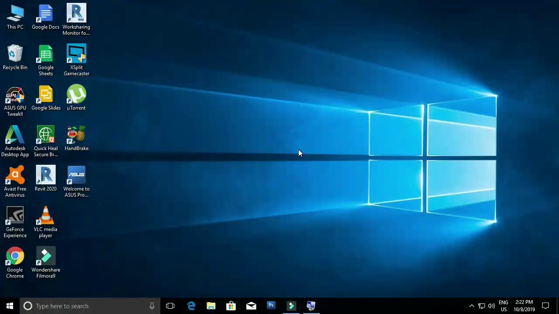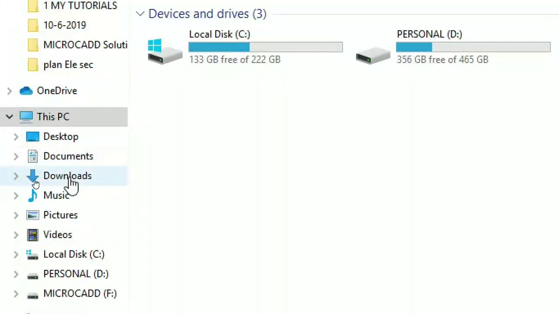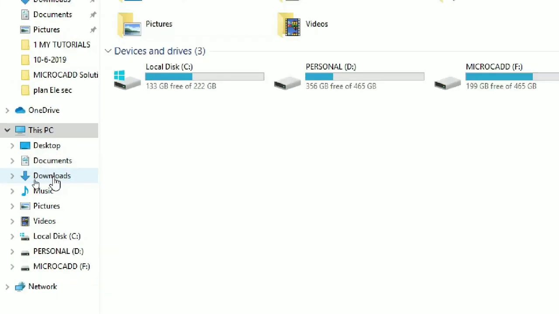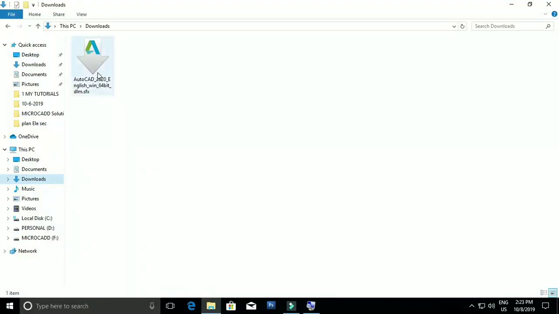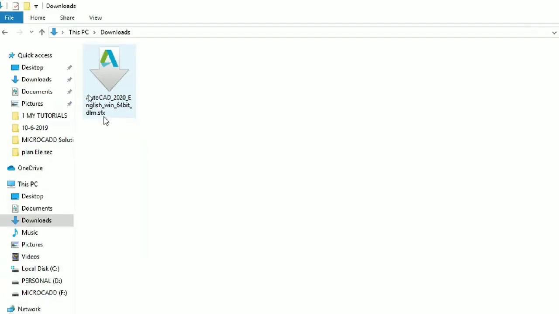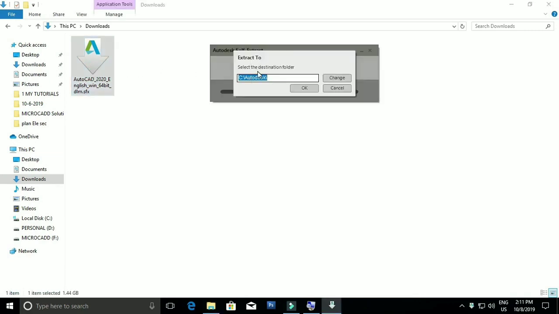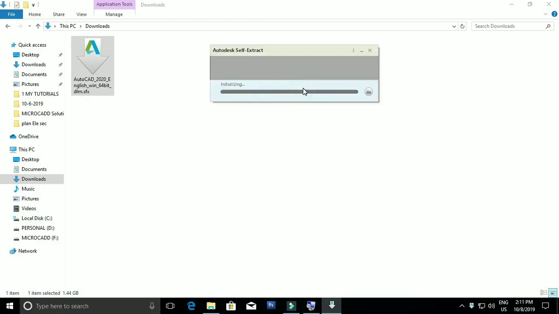Then after downloading, you can go to the location where the file is downloaded. So now here you can see that my downloaded AutoCAD file is here. So after double clicking on this icon, then it will ask you to extract the file.